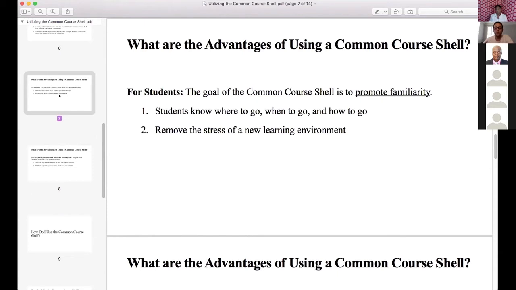Of course, there's also going to be an advantage for students as well. Now the goal of the Common Core shell in terms of our students is to promote familiarity. So the idea is that once a student goes through an orientation and is accustomed to what online courses look like at Tuskegee University, they'll know exactly what to expect from your course or from my course or from somebody else's course. Notice students will know where to go, when to go, and how to go in terms of getting